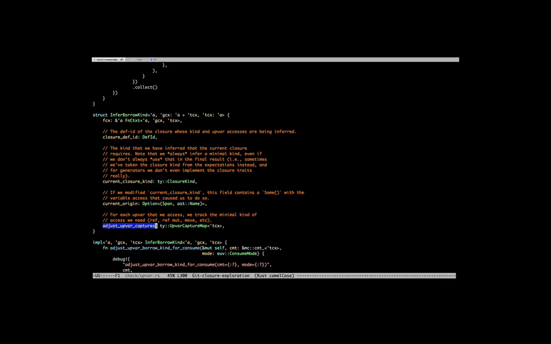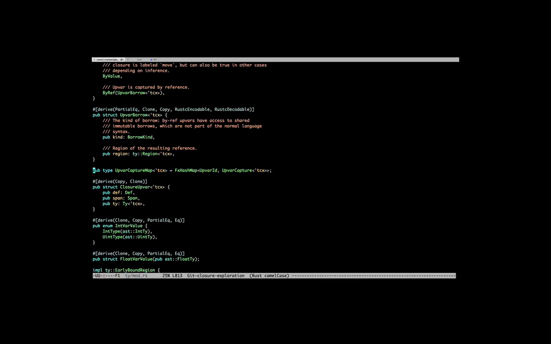So the upvar closures, this basically is saying for each upvar, what mode did we require? And as we see those callbacks, we'll adjust it, right? So we'll start out saying everything is just read because we haven't seen any uses yet. And then if we see a mutate, we'll bump it up to mutate. If we see a move, we'll bump it up to move. We basically need the strictest one that we actually see. And I think,